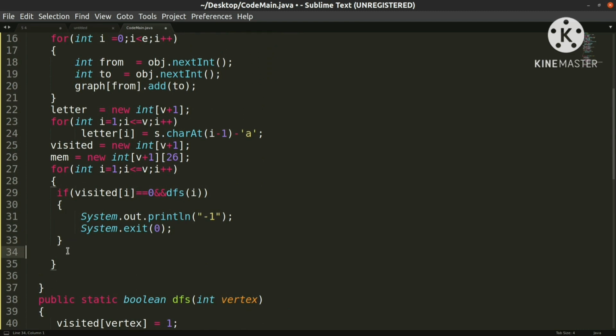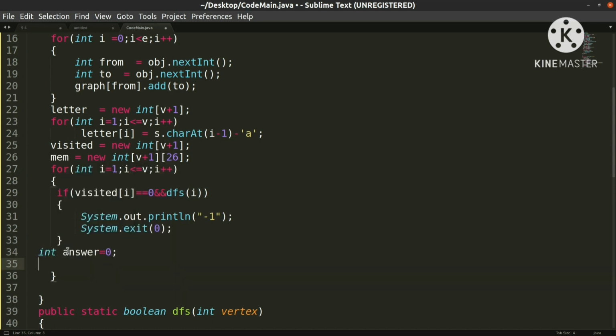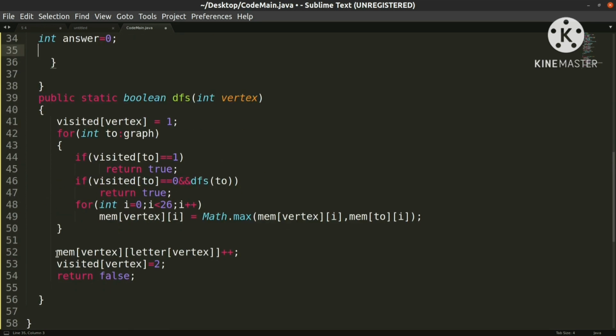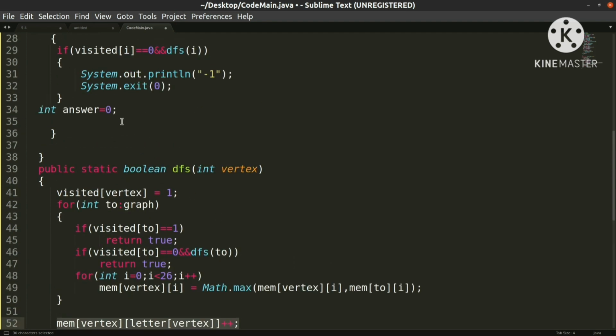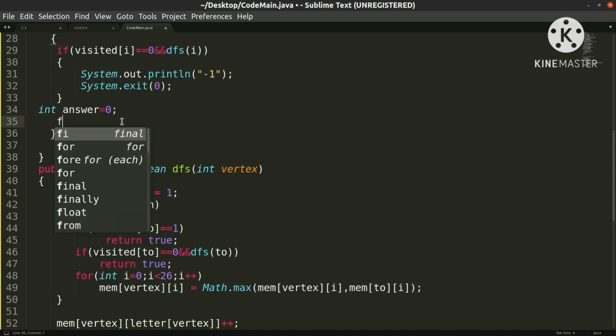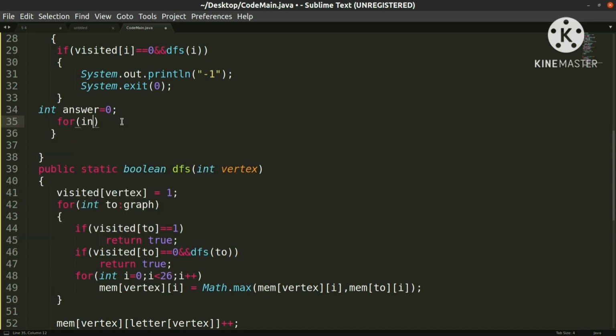So that's it. After that, I just need to print the answer. It is a very simple thing. What will be the answer? Here is what I am maintaining. This mem object is there. In this way, I am maintaining all the frequencies that I came across. But they asked me to find the maximum, right? So I need to find the maximum out of this mem object.